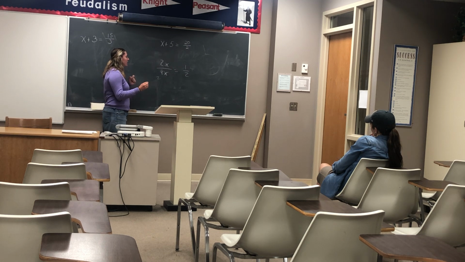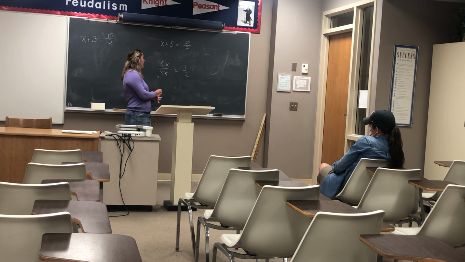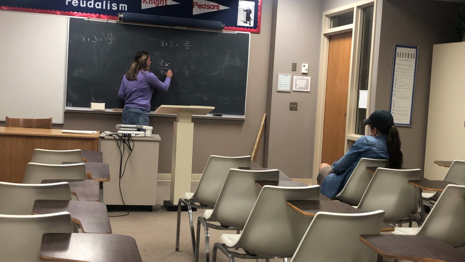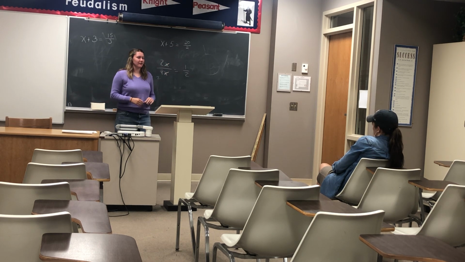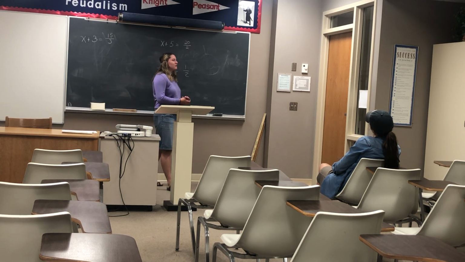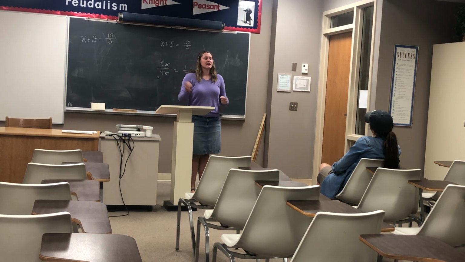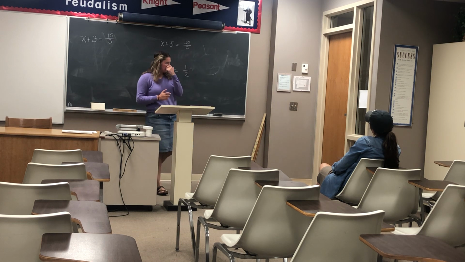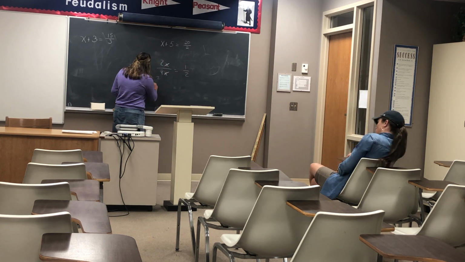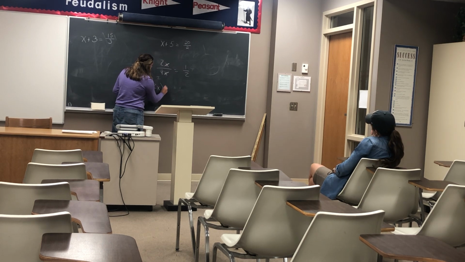But what are we doing? This is a term we learned a long time ago. What are we doing when we mark out this x and this x? What do we call that, Kelly? Cancel out. We call it canceling. So keep that in mind. It's really not that difficult. We're just canceling. So the same way we're canceling monomials when we're dividing them, what about when we have monomials